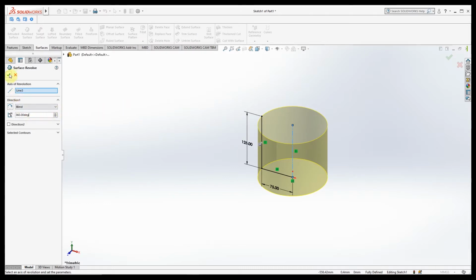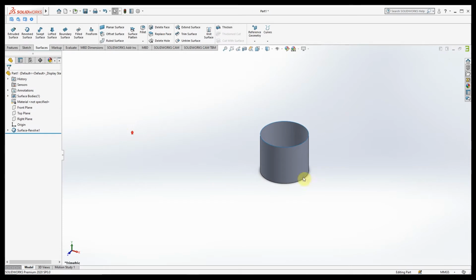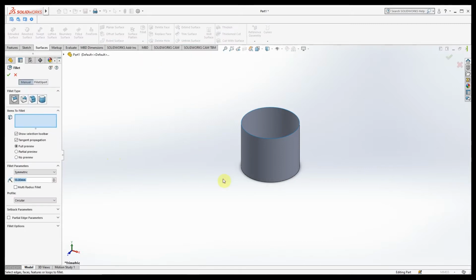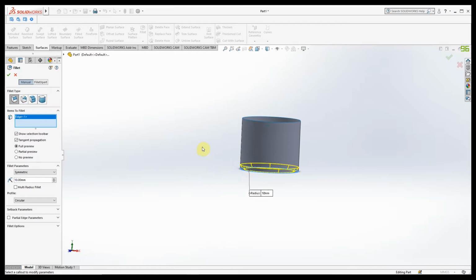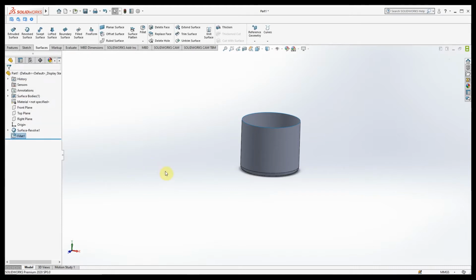Then you need to select the surface option, and in that, using revolve option, you have to revolve the sketch. After that, give a fillet to the edge. Keep it around 10 mm. Yes, that is fine.